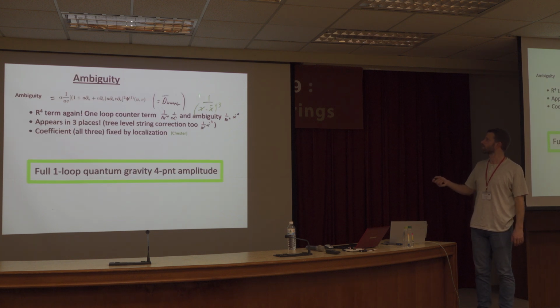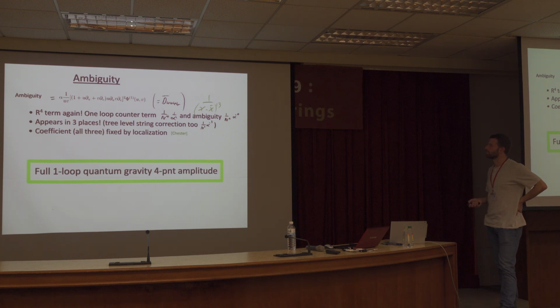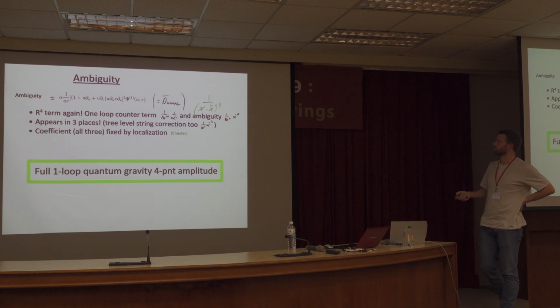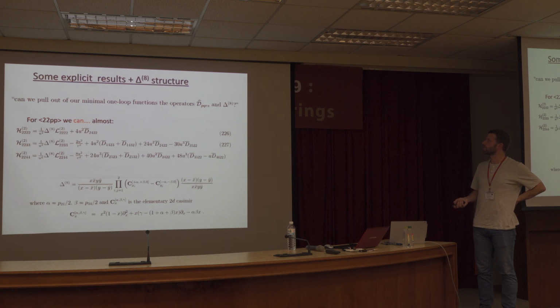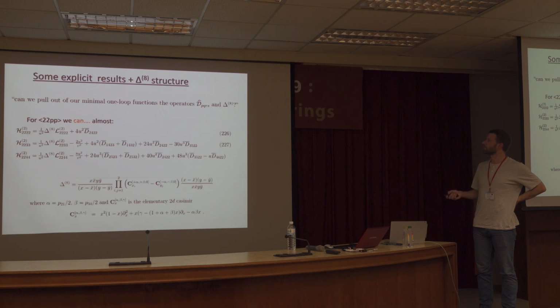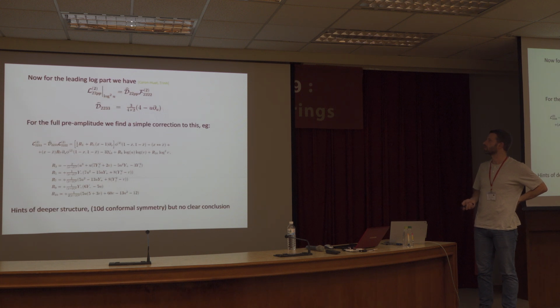And that free parameter is again this d bar 4444, which actually is not surprising once you realise that that's the one loop parameter. Since then, these have been fixed by Chester and Pufu using localization, and so we now have a full one loop correlator. Okay, good. Since then we've done things for higher charges, and we've looked at this sort of 10D symmetry